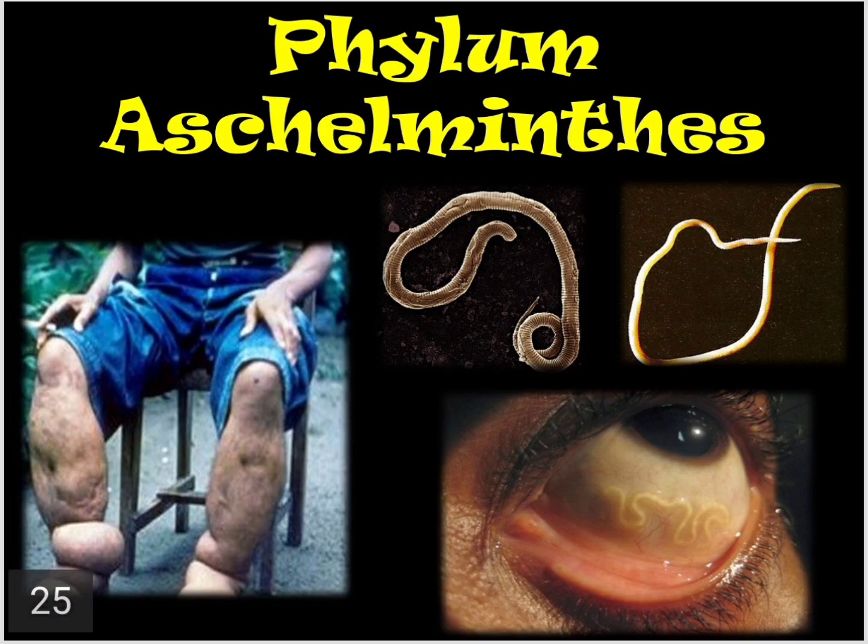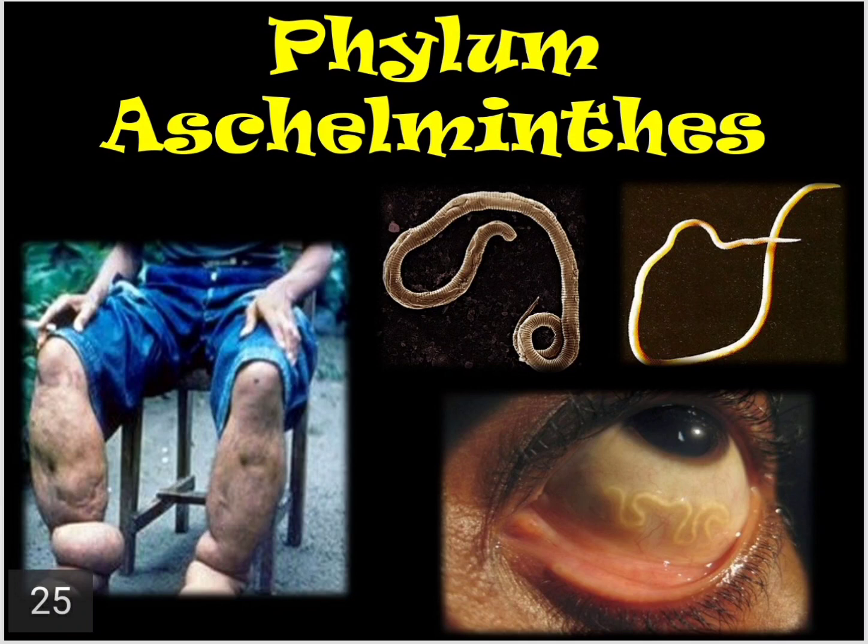They might either live on their own or they may be endoparasites, that is, they live inside the body of other animals. The free living animals, the ones which do not live inside the body of other animals, are either aquatic or terrestrial. They may be found either in the water or on the land. Then these animals are triploblastic and pseudocoelomate, means they have a false cavity. It is not a true cavity.